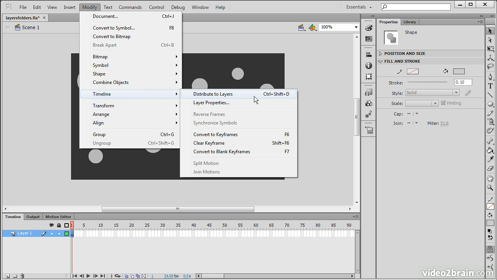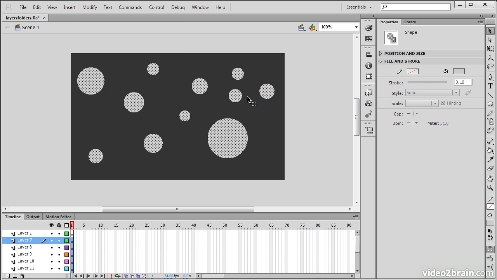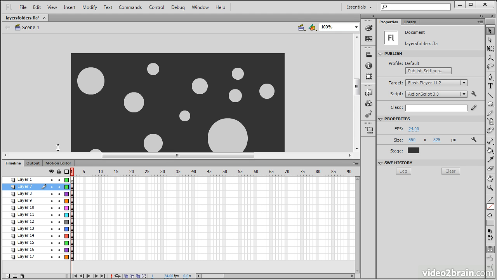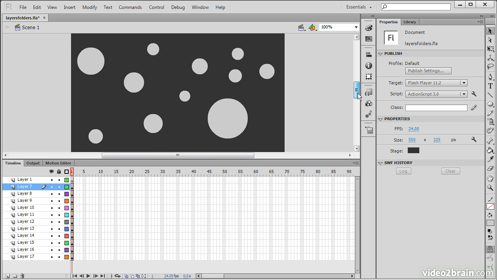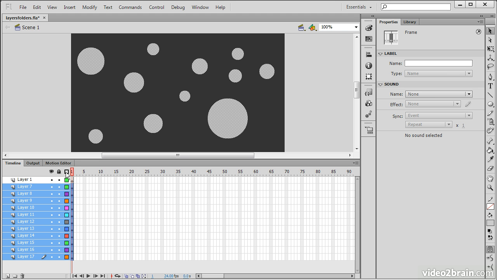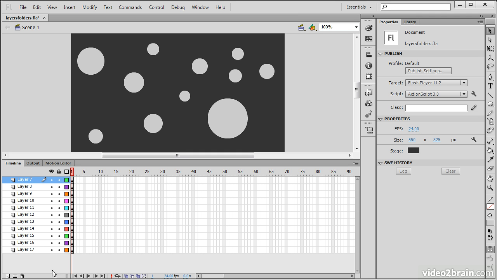Timeline, Distribute to Layers. So notice when we do this, the layer that they were all previously a part of, which is layer 1, has actually been cleared of all content, and then a number of additional layers have been created, one for each of my objects. So if I delete layer 1, you can see the objects all stay exactly where they are. I can go in and toggle the visibility of each one of these objects to verify that indeed they are